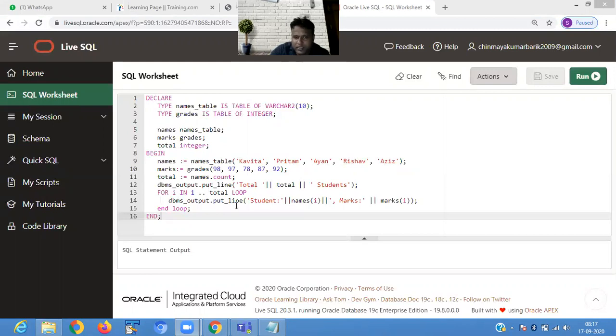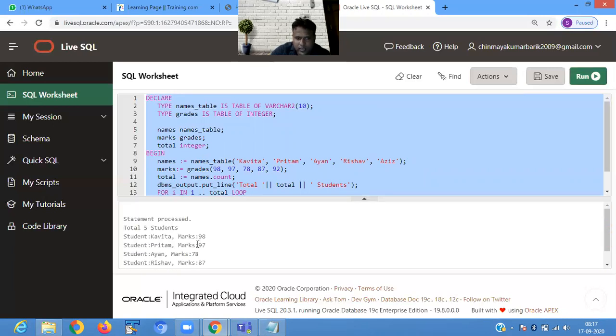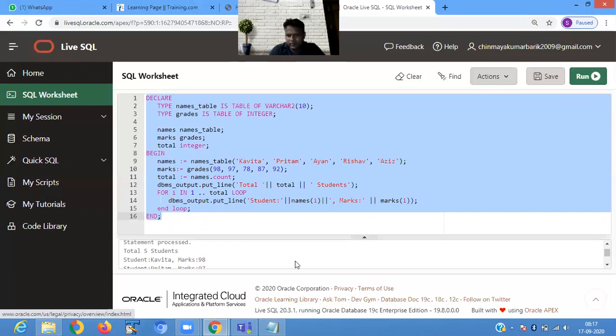Suppose the total value is 5, so it retrieves 5 elements. It displays 5 student names and 5 student marks: Kavita, Pritam, Ayan, Rishabh, Aziz and the corresponding marks. So it is called a nested table. Clear?